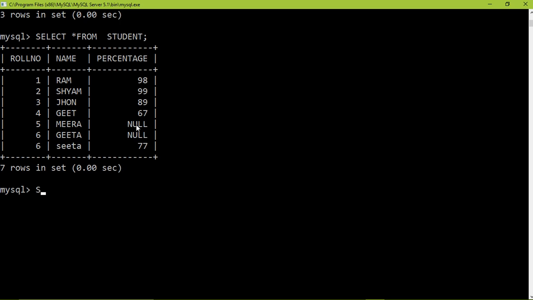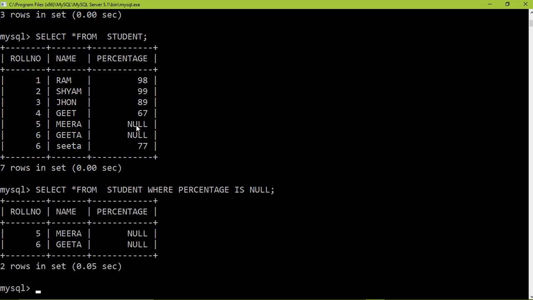For that, what is to be written? Select star from student where percentage is null. So you have received the two students, Meera and Geeta. They have not given the exam, so their percentage is null.